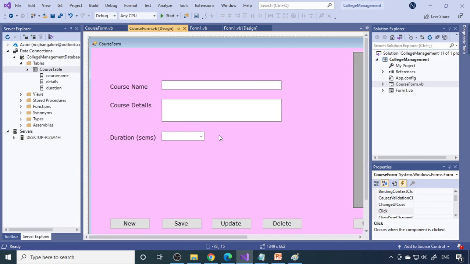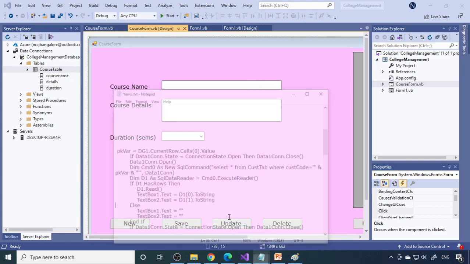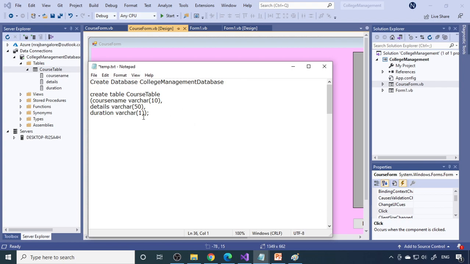For that, let us create the table. Here is the course table, and now we want to make the student table. So you can write create table, student table. The first column is register number. We'll take a varchar because it will have some characters also, so varchar of 10. The maximum is 10.